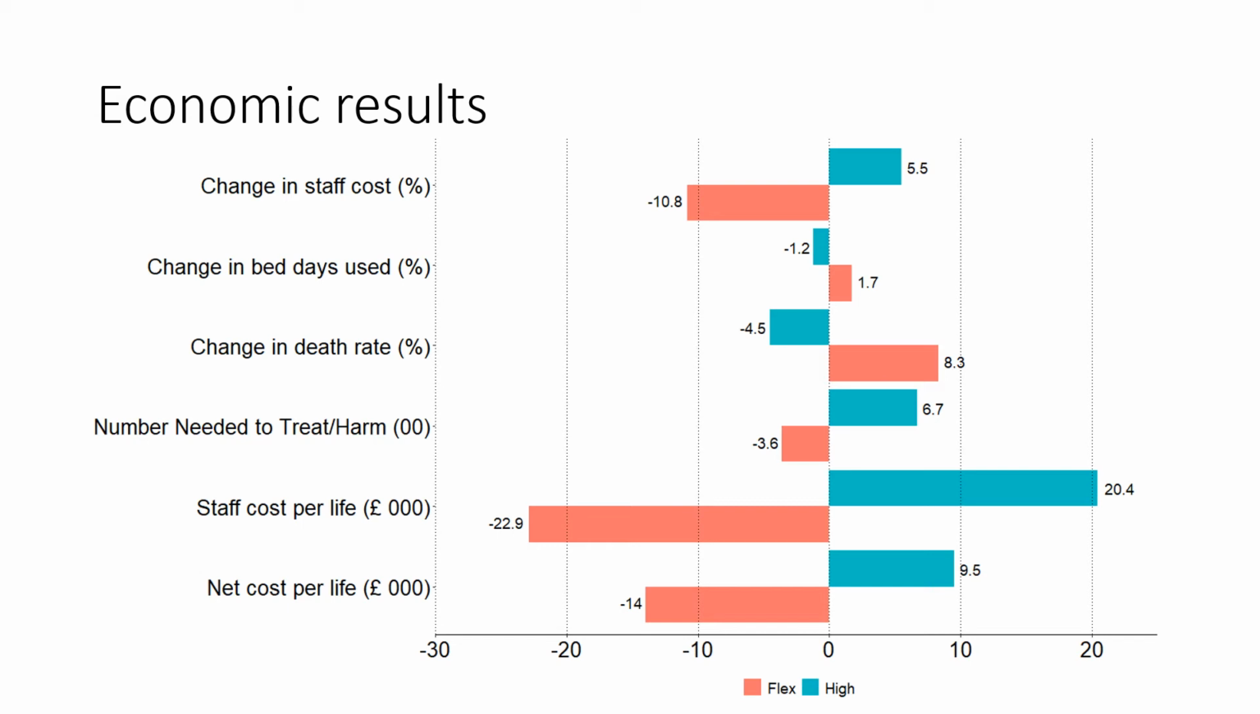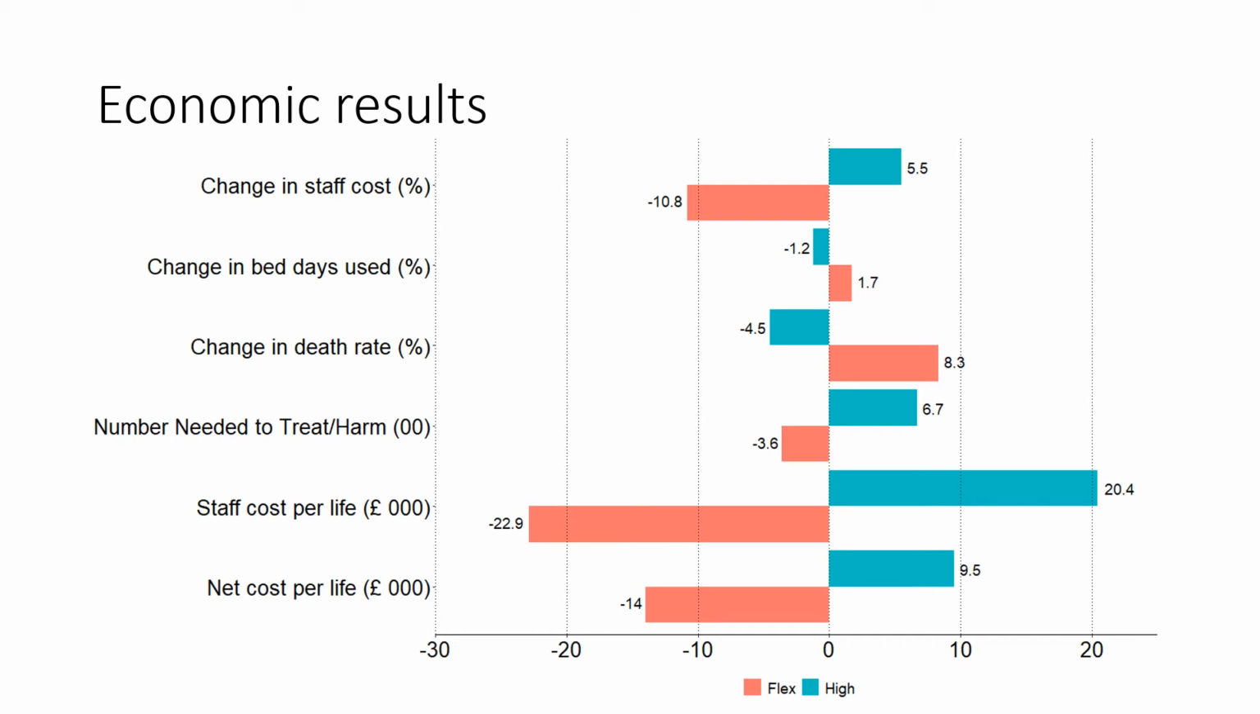And the number needed to harm of 360 in the flexible low scenario, i.e. 1 additional death per 360 patients attributable to inadequate staffing. Expanding these analyses, we estimated a staff cost per life saved of £20,423 and a cost saving per life lost of